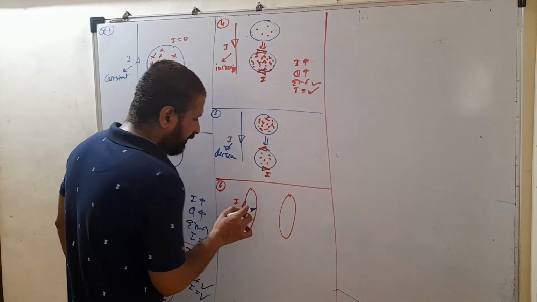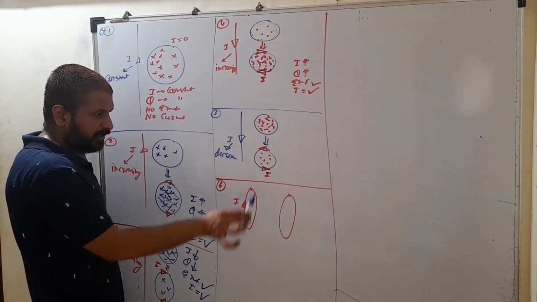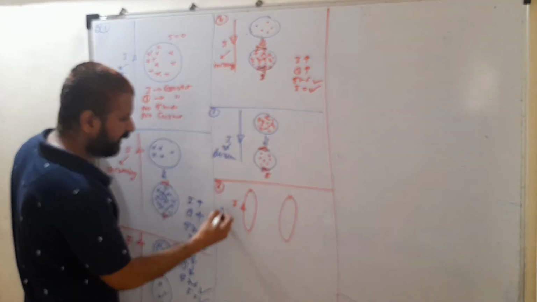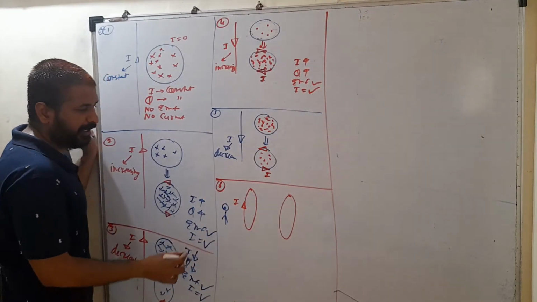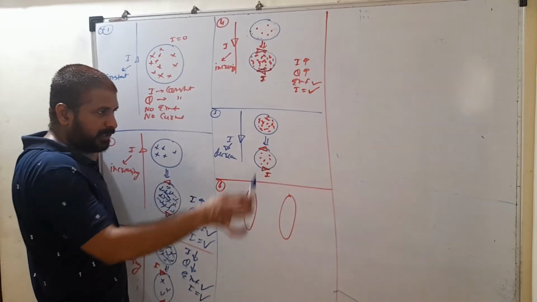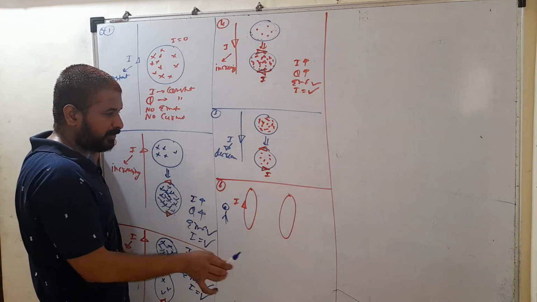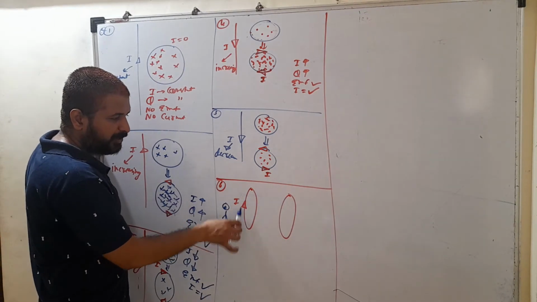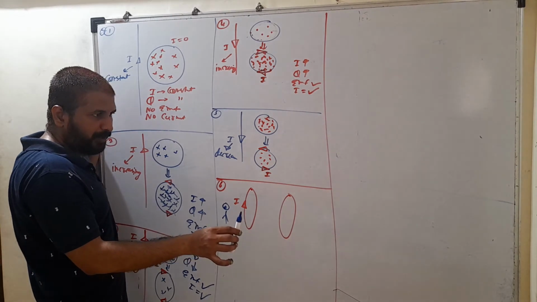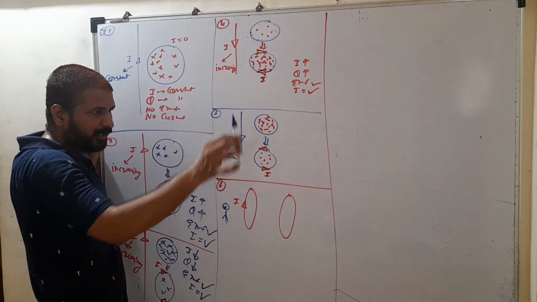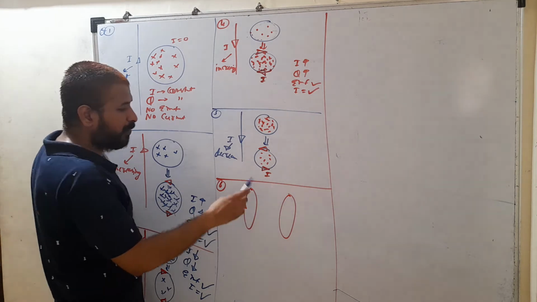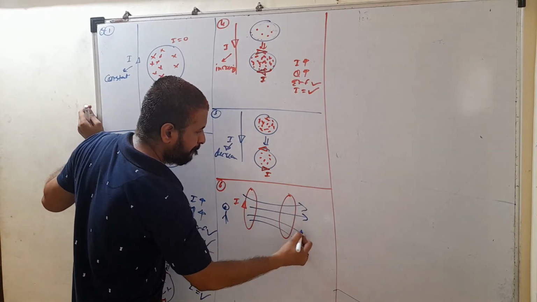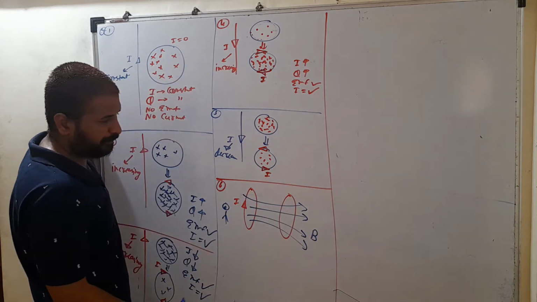So how will its magnetic lines come? From this side, current is like this in anti-clockwise direction. If you are observing from this side, from position A, this current is in clockwise direction. There are two loops. In this loop, current I is flowing, and we are observing it from here. So if you are observing from this side, current is in clockwise direction. So because of clockwise direction, magnetic fields are developed like this. This is B.